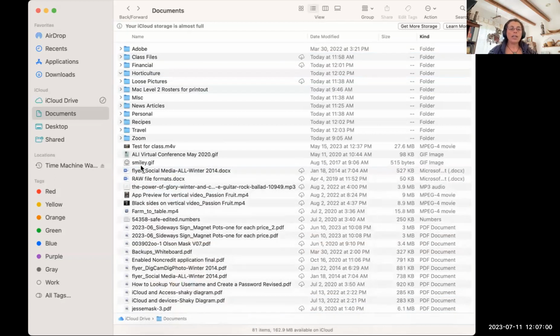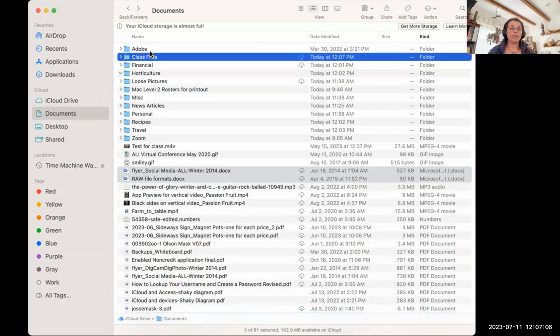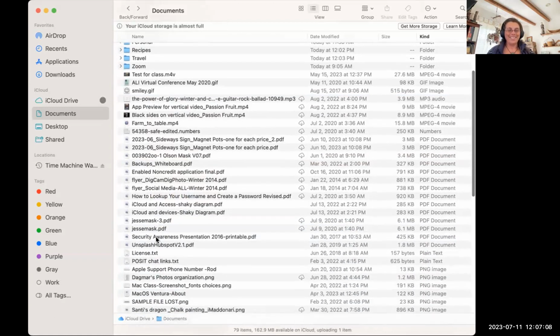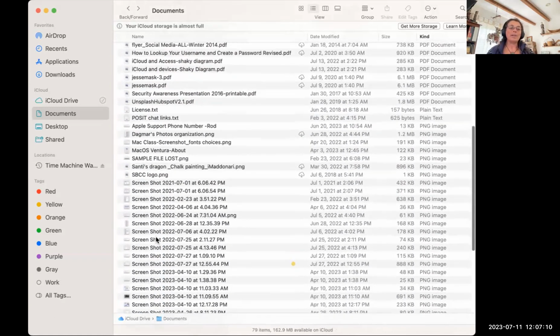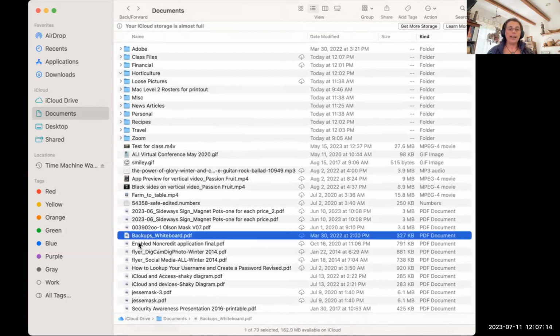So I keep talking, and now and then I organize, but I want you guys to have done this better than me. I want you guys to have actually finished organizing by the time we're done. Now you have thousands of files. It might take a little bit more than a little bit of time, but I have a lot of files